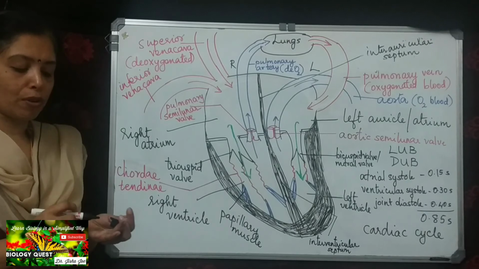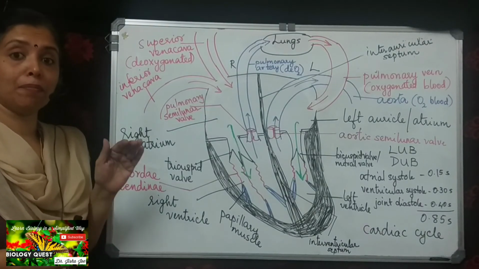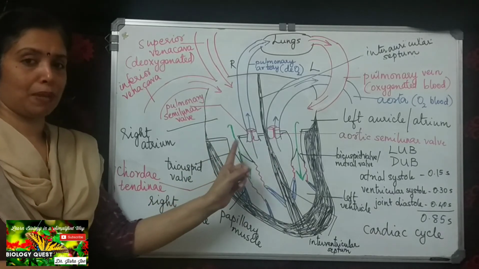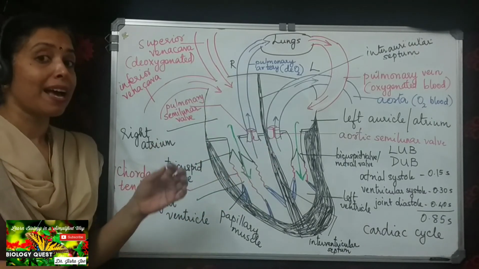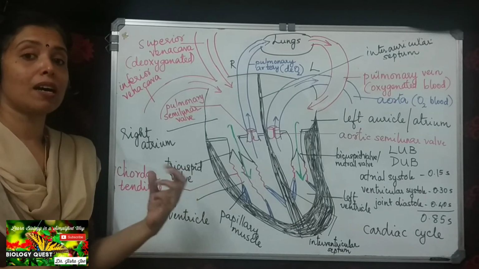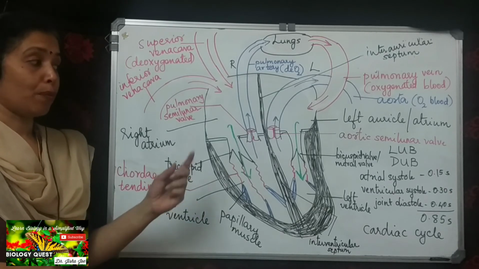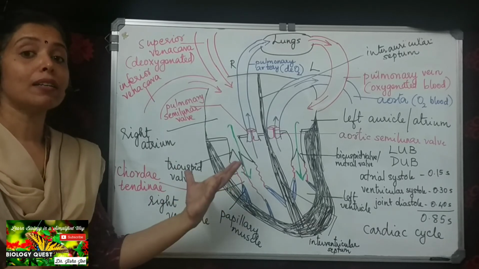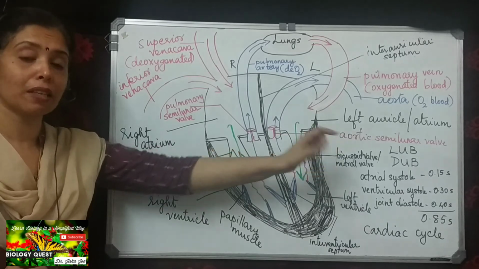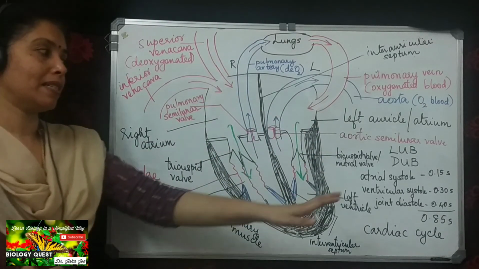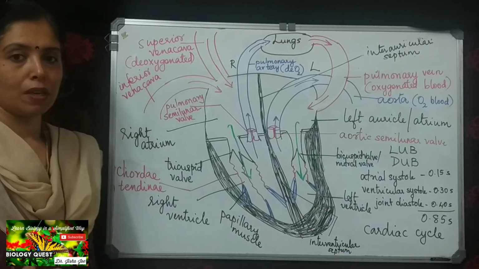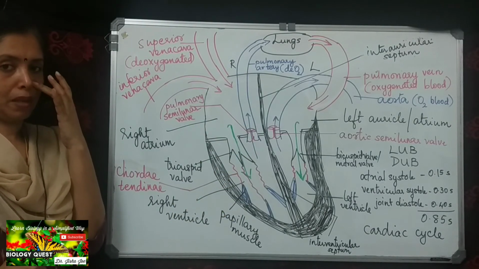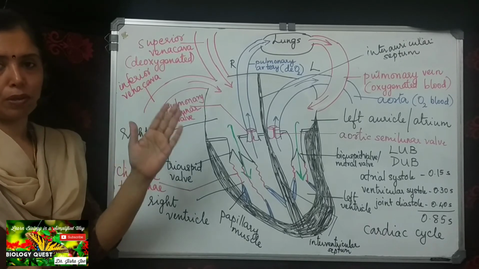So that is the sound of the heart, which is lub dub, lub dub. Lub sound is caused due to the closure of the cuspid valves. When do the cuspid valves close? At the beginning of ventricular systole. And when do the semilunar valves get closed? At the beginning of ventricular diastole. What is the sound heard by the closure of the semilunar valves? It is the dub sound. So these are the heart sounds, the lub sound and the dub sound. I hope that is also clear to you.